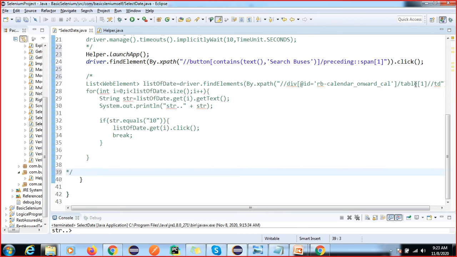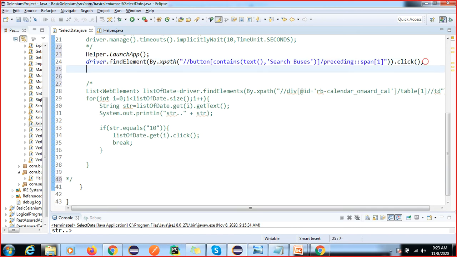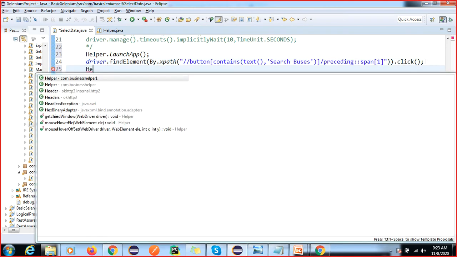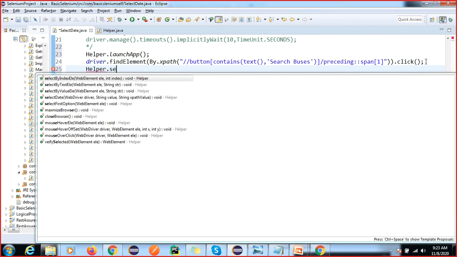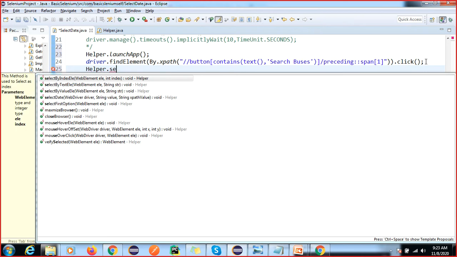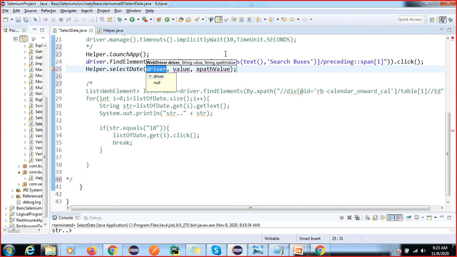Simply I can call this method, select date. Where is it? This method. Here, the value I want to pass is 10. And the XPath, what is your XPath? I already have the XPath value.